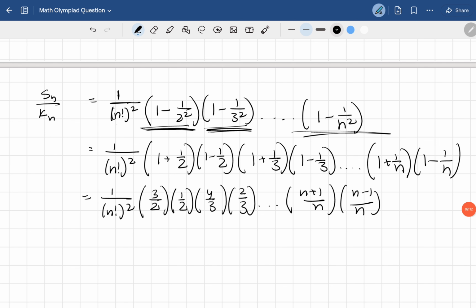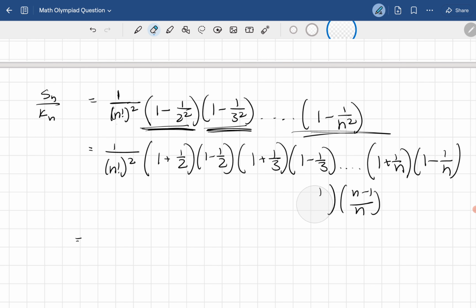And now what I think we should do, we should start to introduce more terms, because we see at this point we can cancel out a lot of terms, but we want to know what terms we're going to be left with, and the terms that we are going to be left with will be our Sn over Kn, aka our final answer. So let's actually delete this whole row and rewrite this row